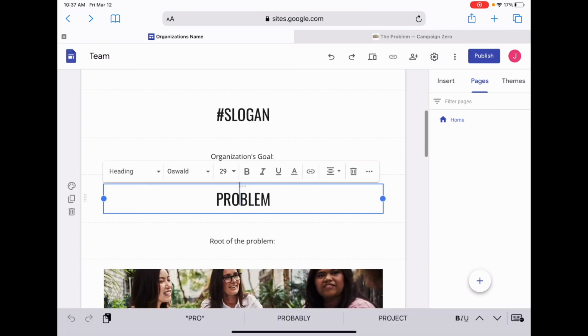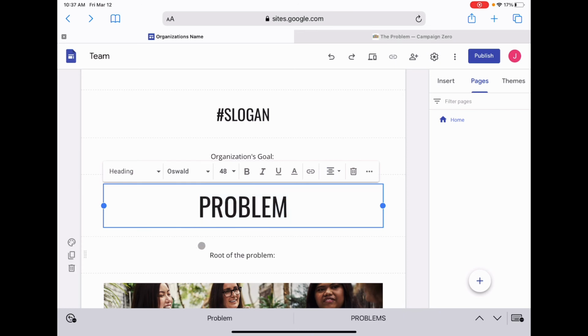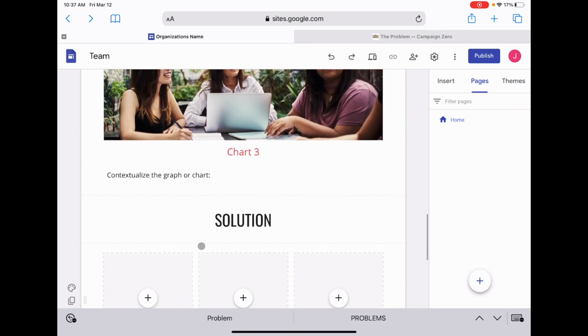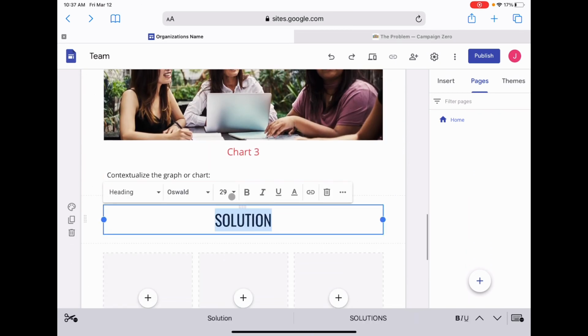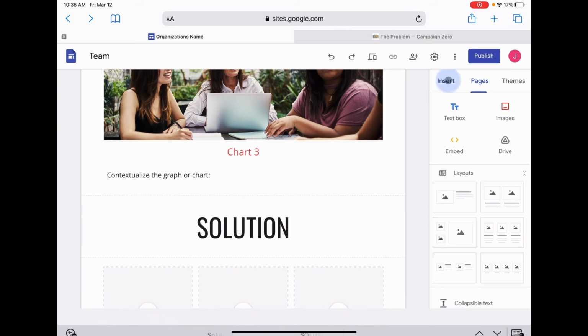Again, I think I decided right. I wanted that bigger. I'm just gonna change the font size. Maybe. Let's see if they'll let me do that. There we go. Maybe that'll be a little bit better, a little bit clearer to identify the sections and what's on that section. There we go. I feel like that's a little bit better. Or maybe there's a better